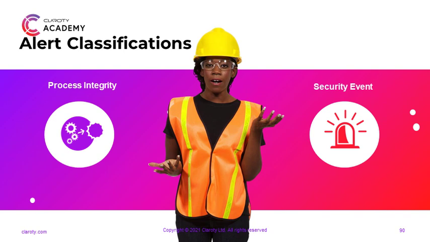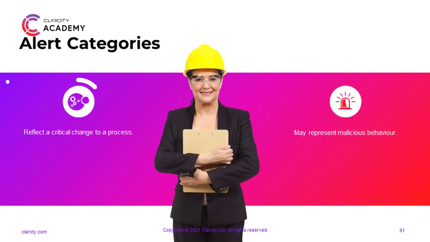The second alert category is security alerts. This refers to cyber attacks that happen according to characteristics that are already known and defined. A process integrity alert reflects a critical change to a process, like a configuration change, a download or upload, or